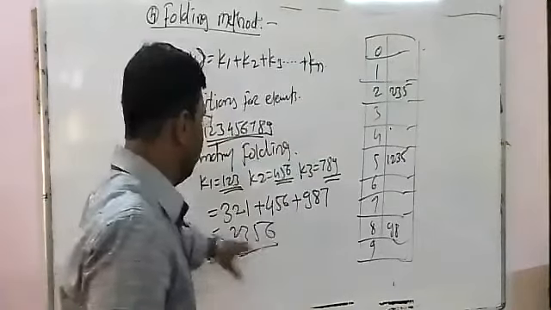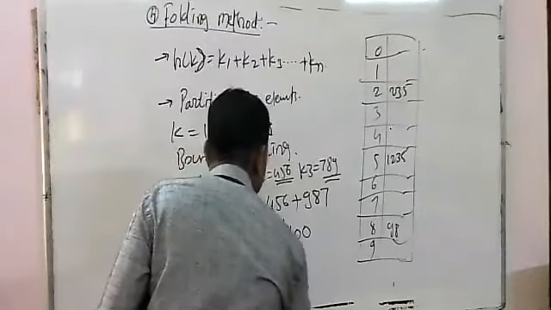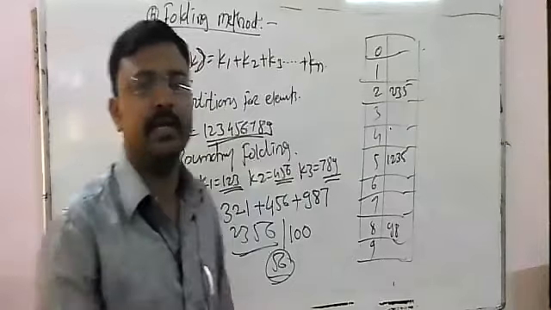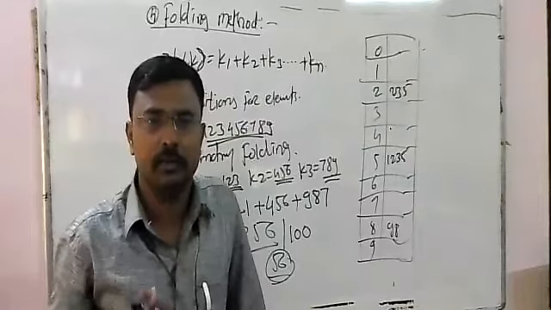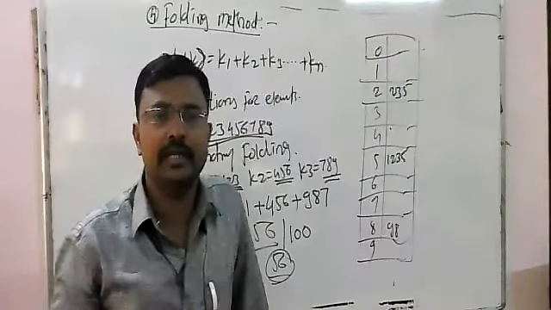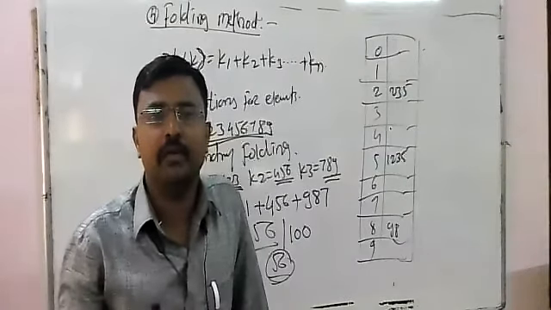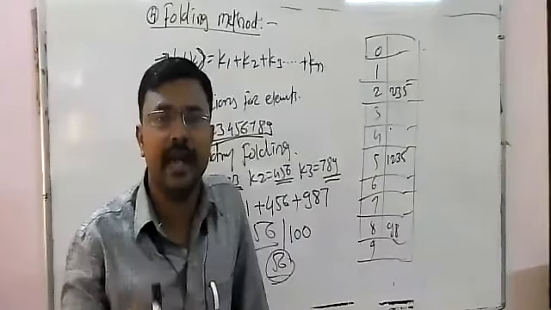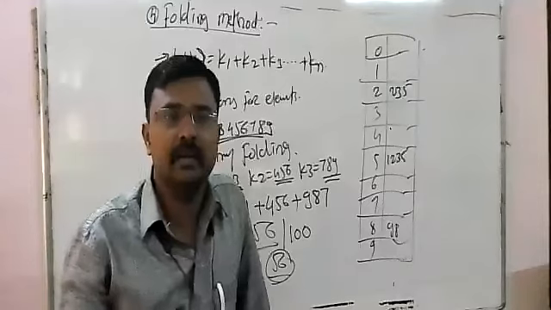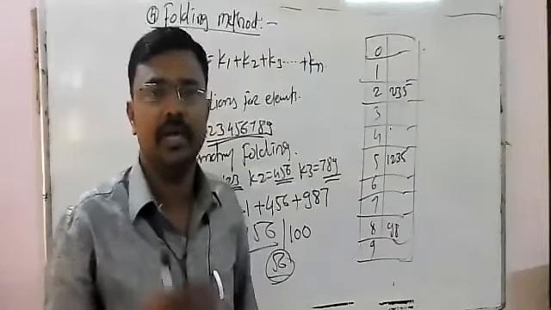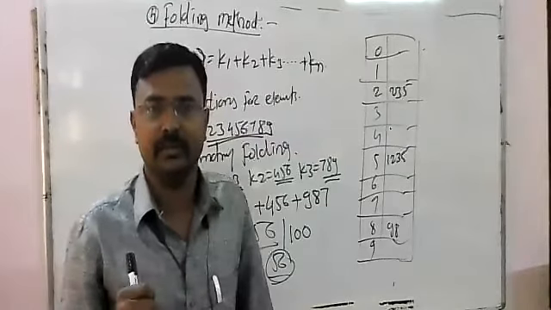Here just apply modulo division 100. That is nothing but 56. 56 will be the hash value where your element is stored. Got it? So all these are hashing techniques. With the help of these hashing techniques, we calculate only the hash value, and whatever functions are used for calculating this hash value, that is called a hash function.